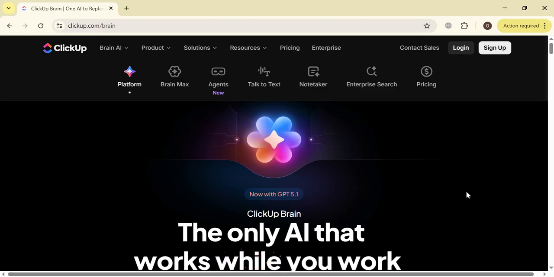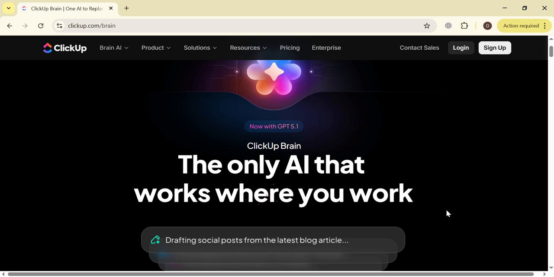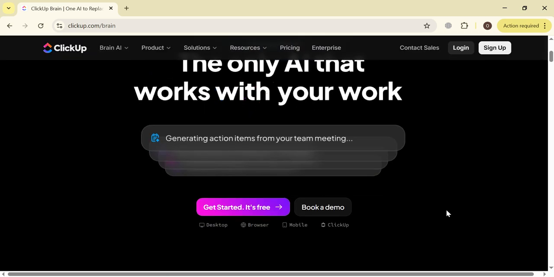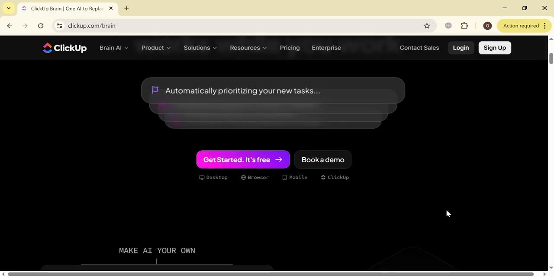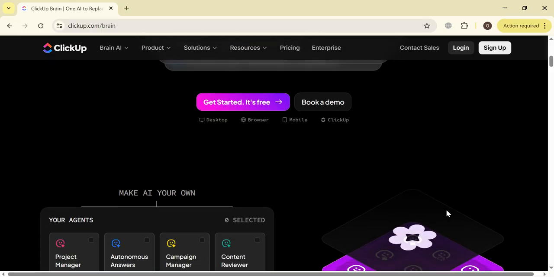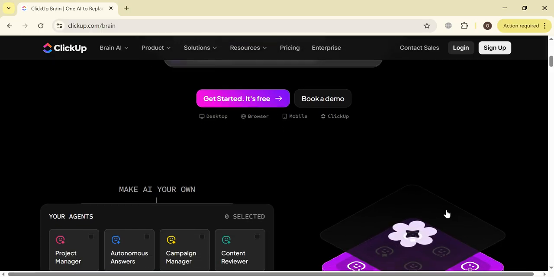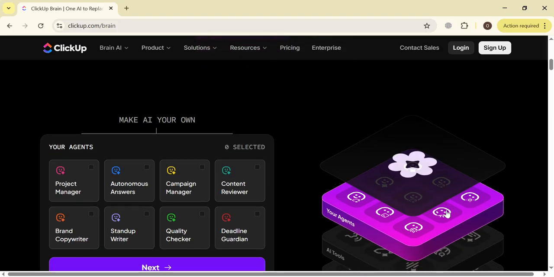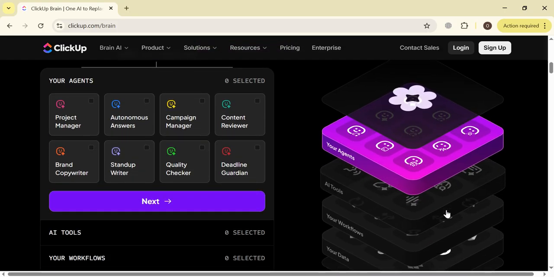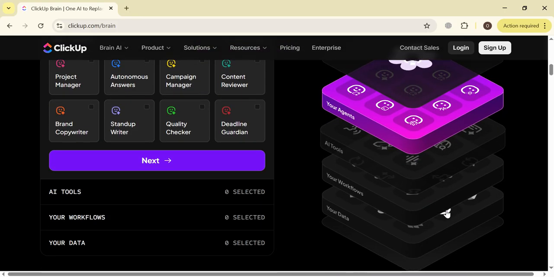We will walk through how to prompt the AI effectively, customize your checklist, refine the details, and instantly add everything into your workspace. By the end of this video, you will know how to create a complete professional checklist using ClickUp AI, saving time, reducing manual work, and keeping your projects perfectly organized.